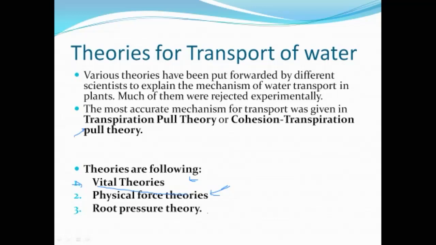There is another theory, that is the root pressure theory. A pressure is generated in the root during the night time. This pressure is generated due to active absorption, which we all know occurs during the night time. Why is it active? Because the root cells expend their energy and acquire solutes or water, as we have discussed, osmotically and non-osmotically. Means they are taking the water by expending their energy.